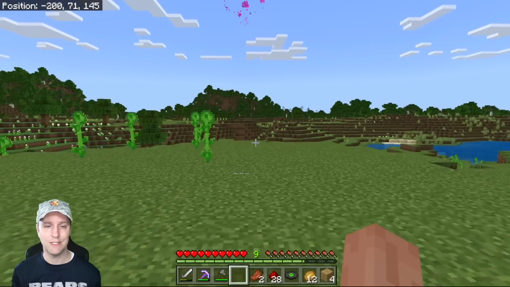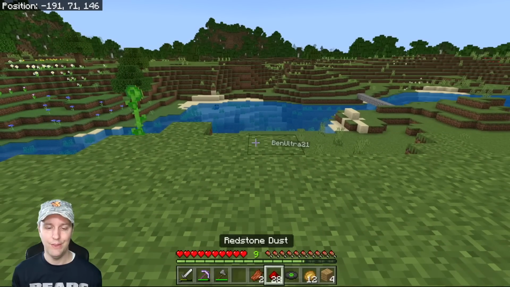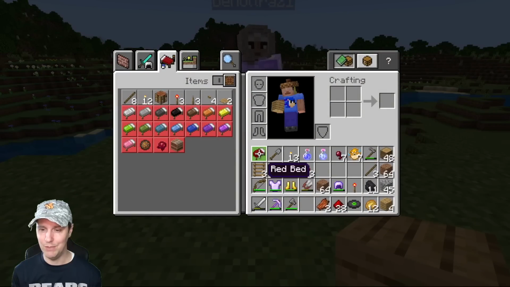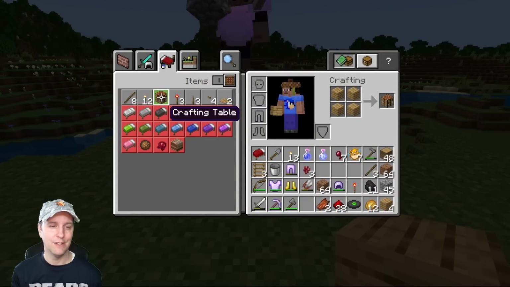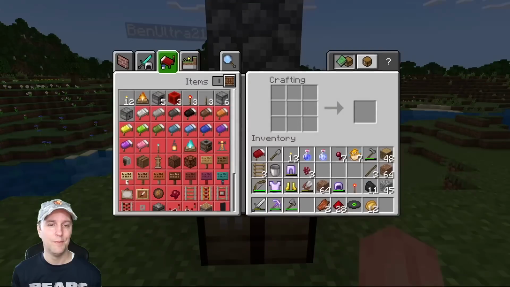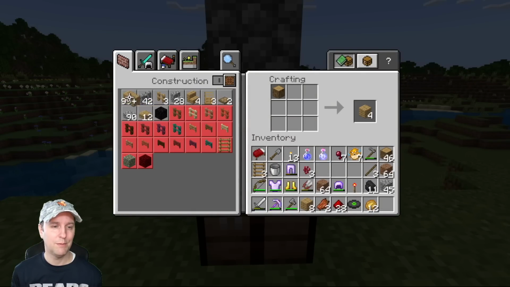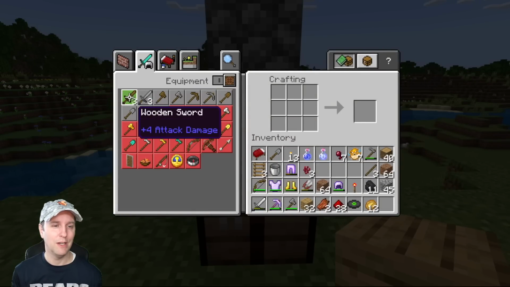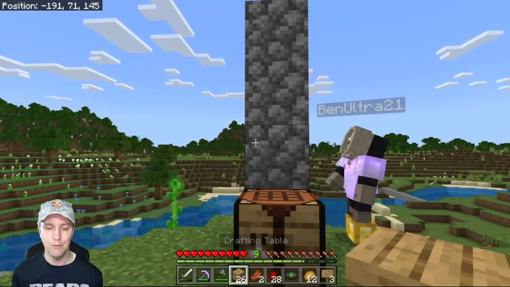as Ben Ultra tests another one. So that means we need to travel this direction. I don't have a sign on me, do I? I need to make a crafting table and a sign really quick. I had a sign on me earlier. Let's get that made really quick. A bunch of these, and I'm gonna need sticks. Oh, there's a sign. And we will put